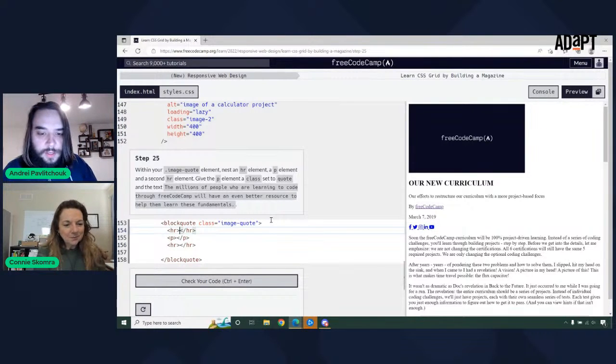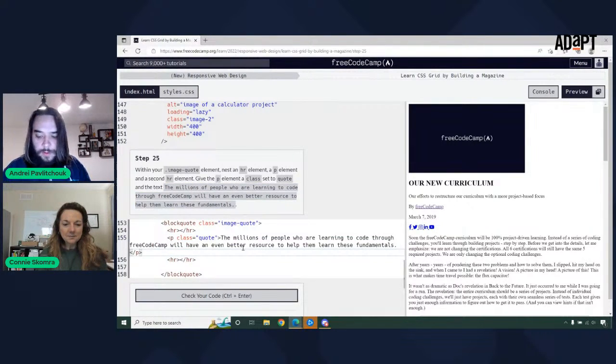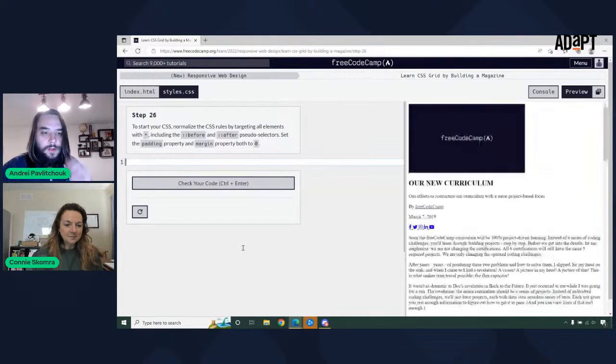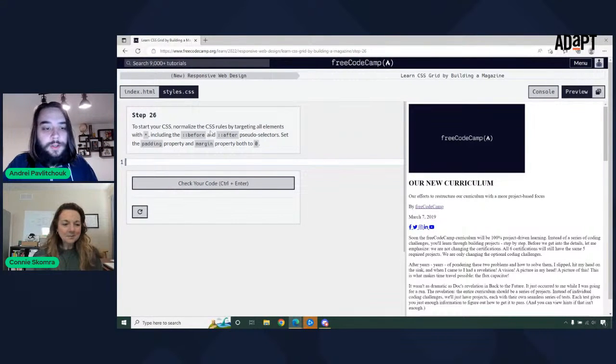So next, an HR element, then a P element. Let's give the P element a class of quote and the text this. Cool. So step 26. To cite your CSS, normalize the CSS rules by targeting all elements with star,